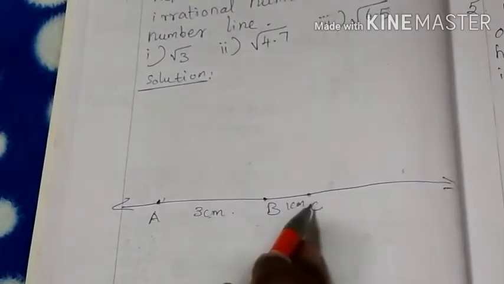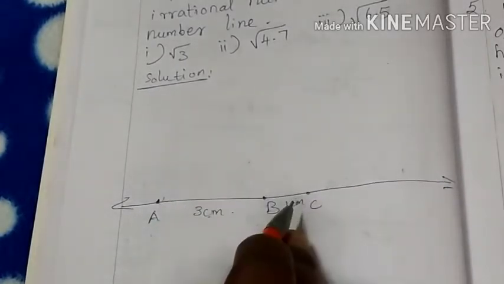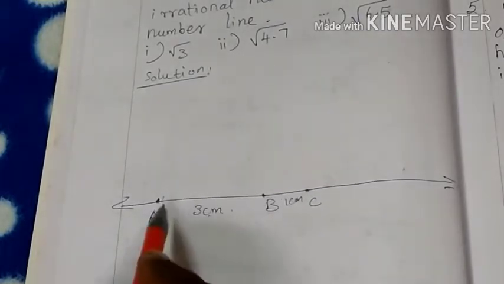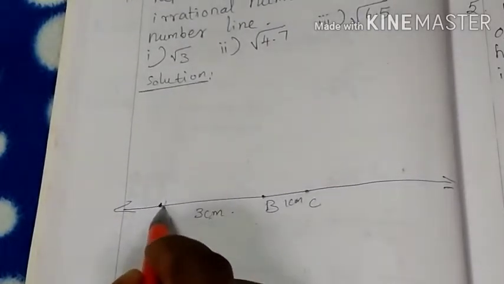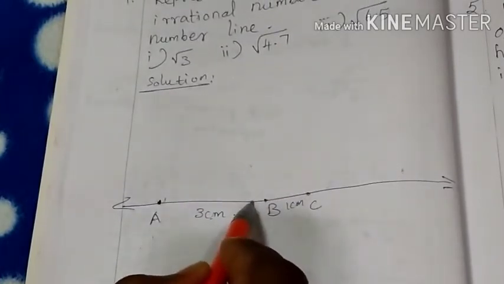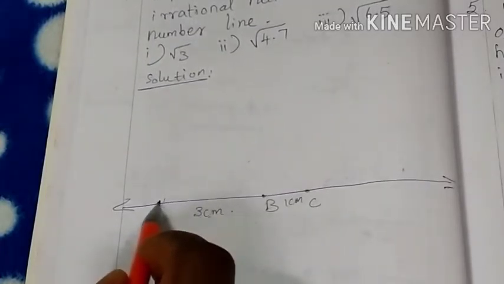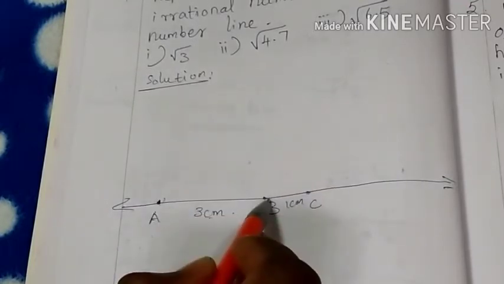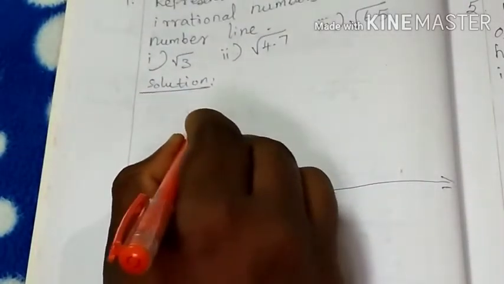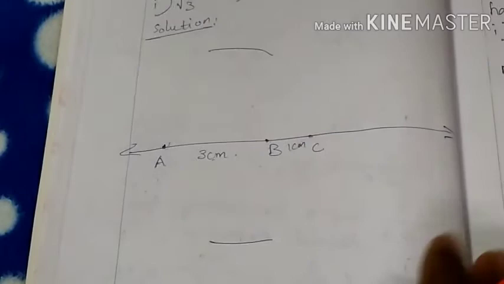Find it by drawing a perpendicular bisector of AC. You already know the perpendicular bisector using the compass. So you use the compass: put the sharp edge at A. Take a measure of more than half of AC. More than half, so draw a perpendicular line. Put the arc above the line segment AC and below the line segment AC.